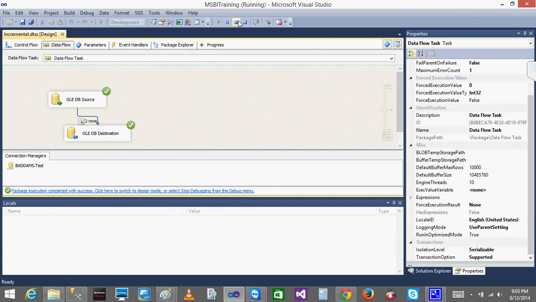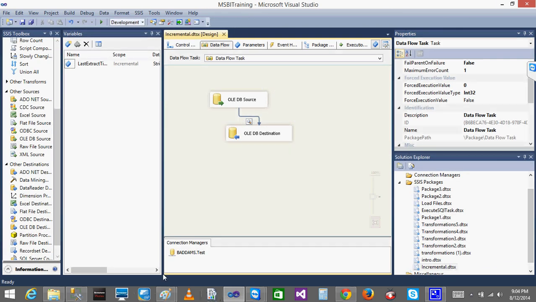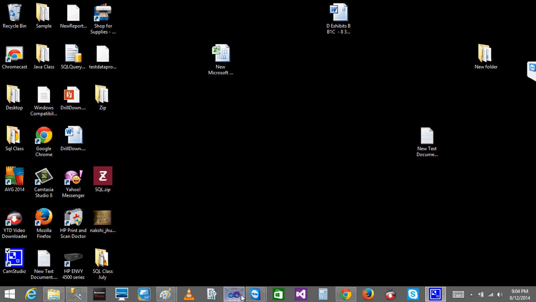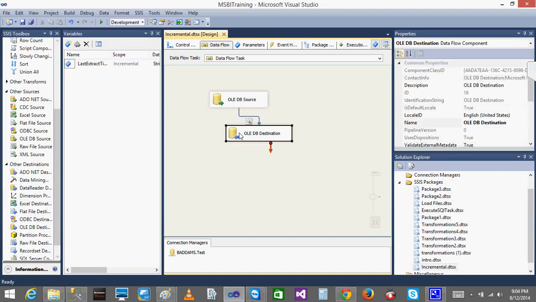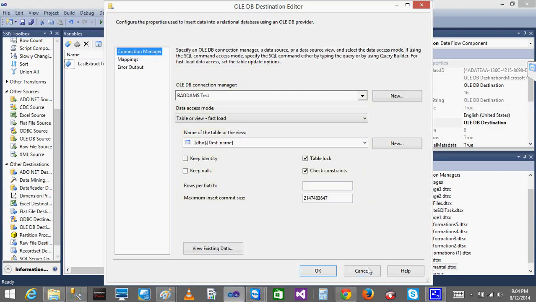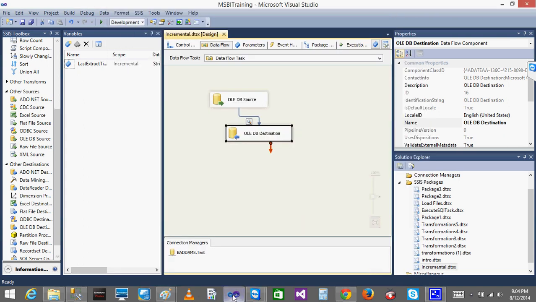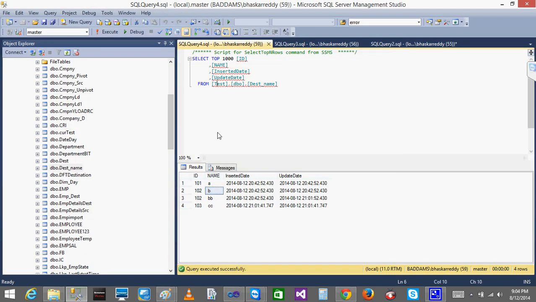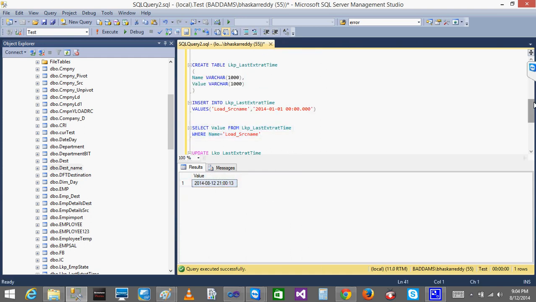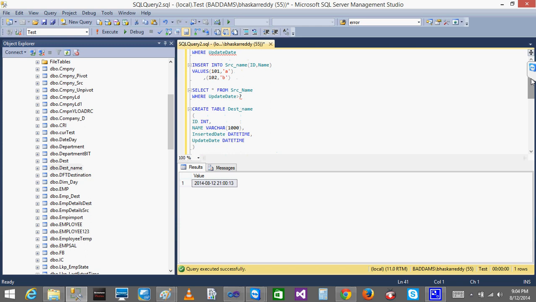So for this purpose, what we normally do is, whatever records we are getting, instead of loading the records into a destination table, we load the records into a staging table, like a temporary table. So whatever structure I got here, the same table structure as the destination name, I'll name it stg underscore staging. I'll have the same structure, create a staging destination, done.